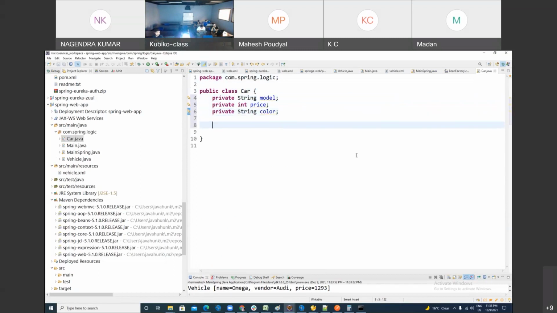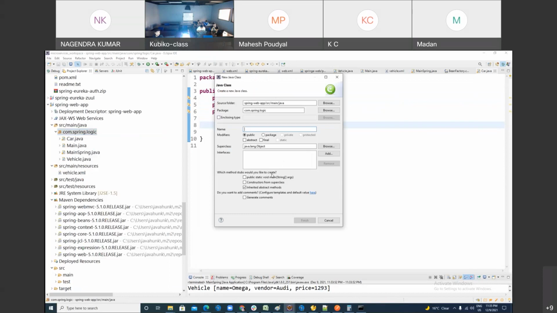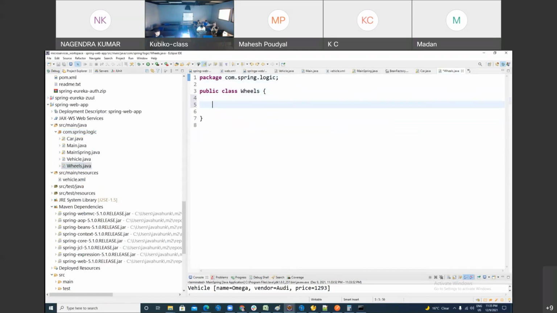In this example, there is another bean class called Engine, or you can take Wheels. You know wheels. It has an integer price and a private integer weight.